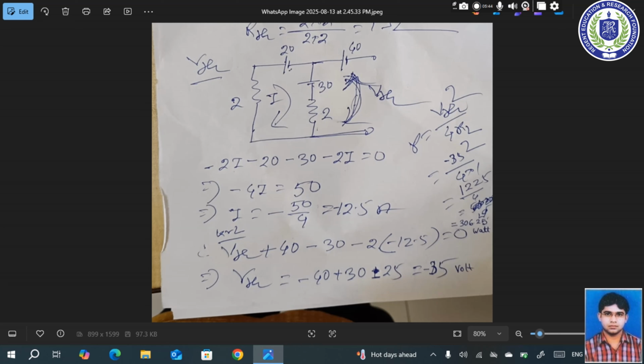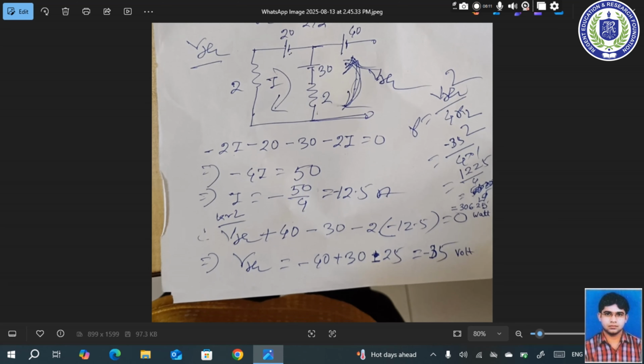So we can write, according to KVL, this 2 ohm resistance with current I flowing through it, so we can write minus 2I, and according to direction, that is the 20 volt source, so we can write minus 20, and again we have to consider the 30 volt source, so we can write minus 30, and this 2 ohm resistance, so we can write minus 2I equal to 0. This is the total